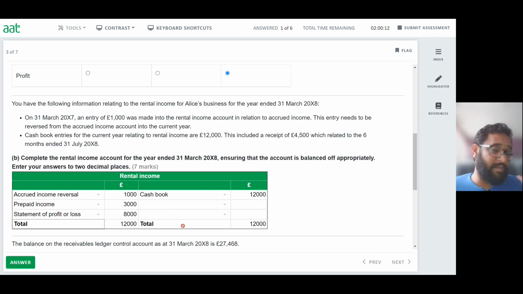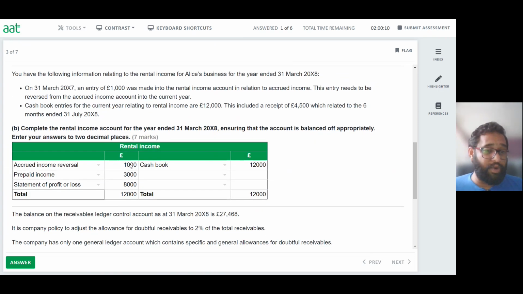7 marks for that one, so be careful with this. They also want you to do it in 2 decimals. So I am not going to take the risk of leaving anything without a decimal, even if they are whole numbers. I'm going to leave them as decimal figures. I can't change these ones because these are preset answers, but the rest of them I'm going to leave as decimals because I have come across this. If you don't use the decimals, even though that's a full amount, there's a potential you lose the full marks for that one